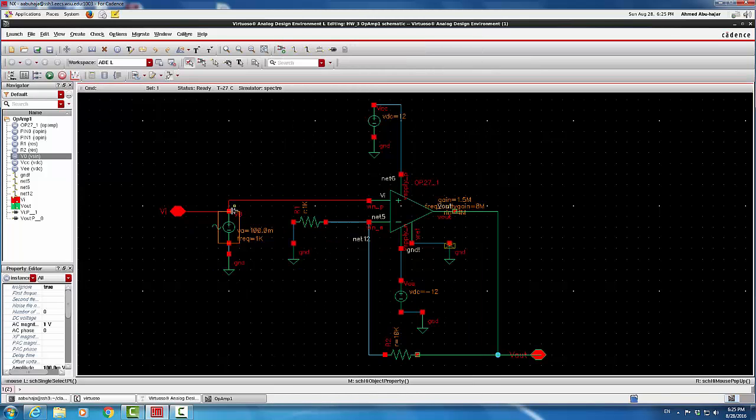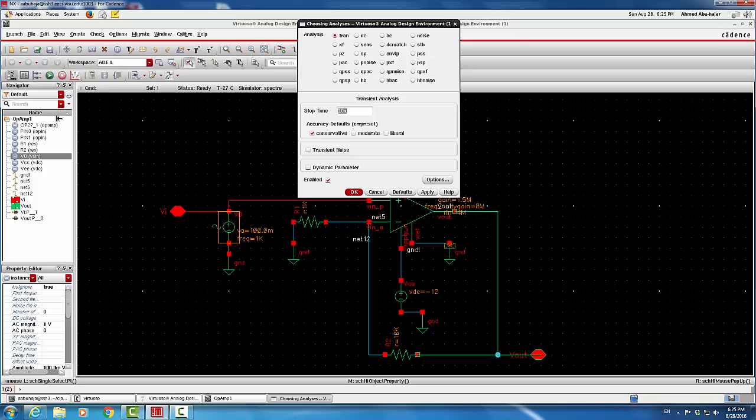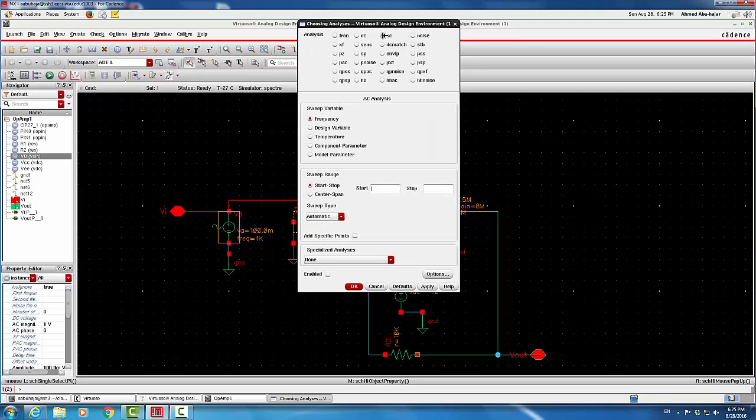So now, instead of using transient response, we're going to use the frequency response. I'm going to click on choose analysis, and I'm going to disable the transient. I don't need transient. I'm going to do AC. So when you click on AC, make sure you enable it. And now we're going to sweep the frequency. That's all we're going to sweep. This is the frequency from start to stop. So I'm going to start from a frequency of 1 Hertz to a frequency of